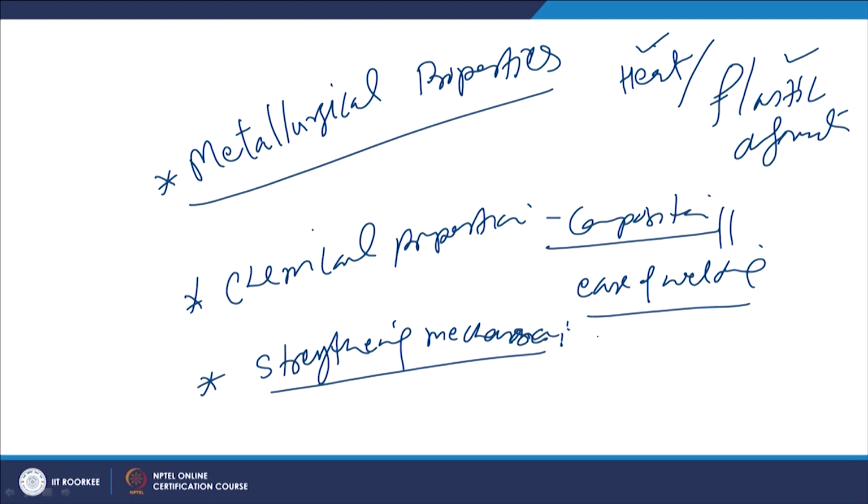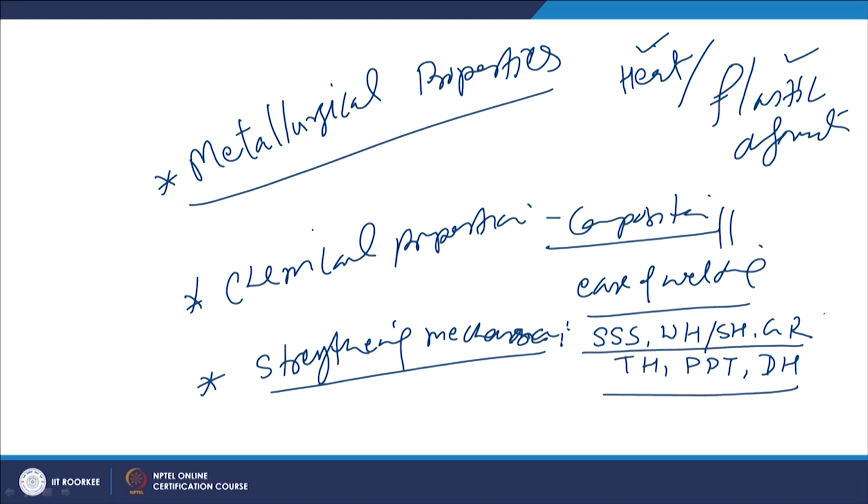Mechanisms like solid solution strengthening, work hardening or strain hardening, grain refinement, transformation hardening, precipitation hardening, and dispersion hardening are the most commonly used underlying mechanisms for strengthening metal systems. The response of these mechanisms to the heat or the deformation of welding is found to be different, which in turn affects the ease of welding of the metal.